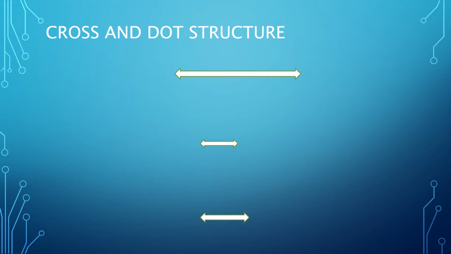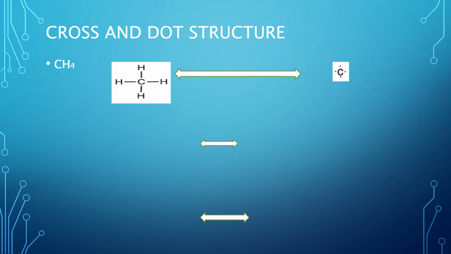Now how can we write down the cross and dot structures for the alkane family? The first example is methane, and I have already told you about the structural formula of methane. And now how can we write down the cross and dot structure? In a cross and dot structure, for one atom we show the number of electrons in the form of crosses, and for the other atom we show the number of electrons by putting dots. That is why it is called the cross and dot structure.